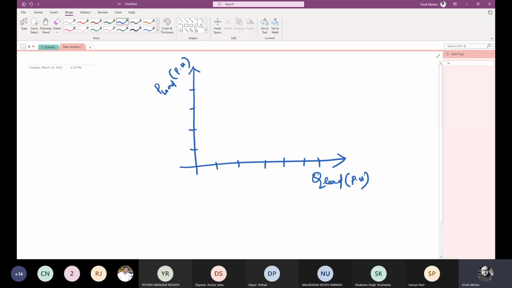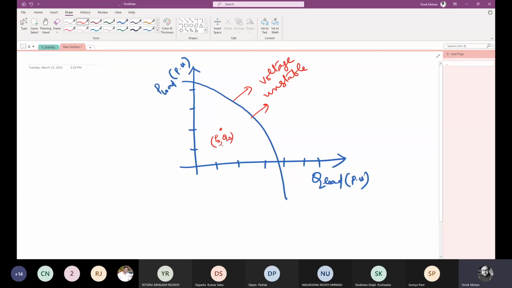Okay. Now suppose I have a surface like this, beyond which the system is unstable. Unstable in the sense voltage unstable. That means if I am starting with some initial operating point P0 and Q0, then